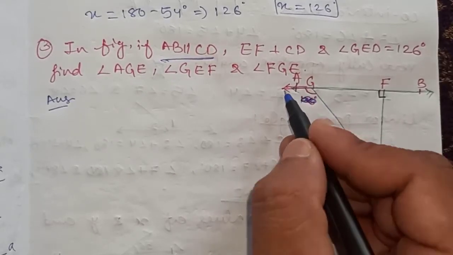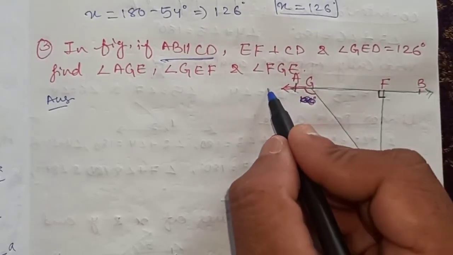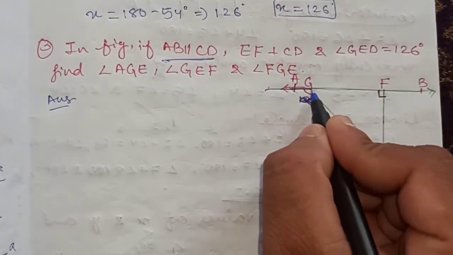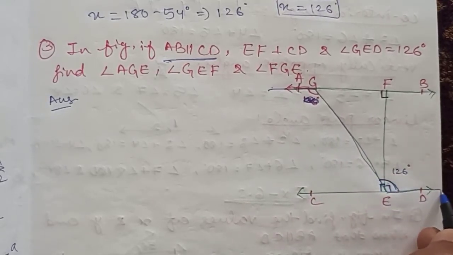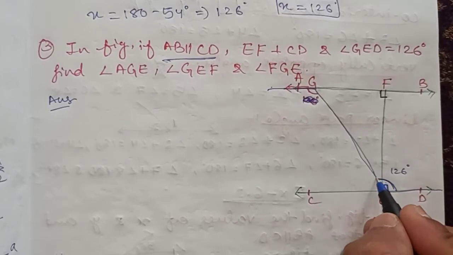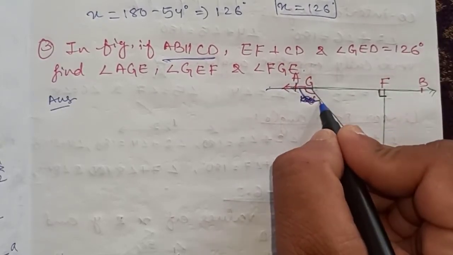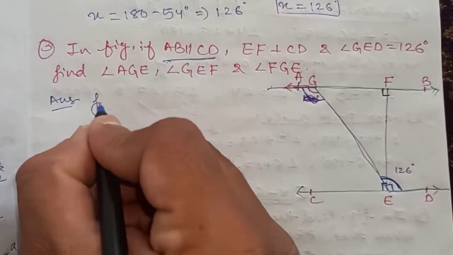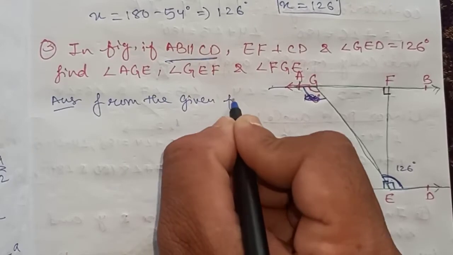Can you able to see any Z shape? Isn't it? This is Z shape. See, this line started from here, goes like this, and again it is going in this way. So this angle equals to this angle. This is how much? This is 126 degree. So this also will be 126 degree. Getting? So from the given figure,